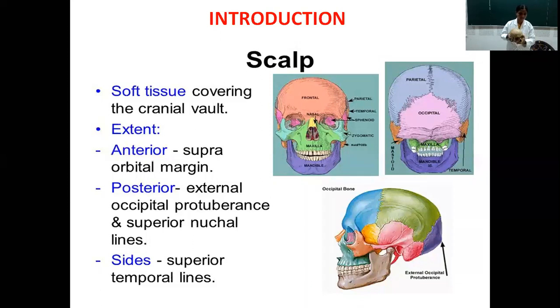Here you can see this is the skull, and the superior aspect of the skull is also known as the vault of the skull. The vault of the skull is nothing but a cap, and this cap is formed by 4 bones. This vault extends anteriorly from the supraorbital margins, and in between, the median structure is the nasion, which is exactly the root of the nose.